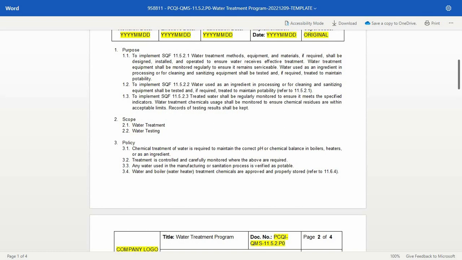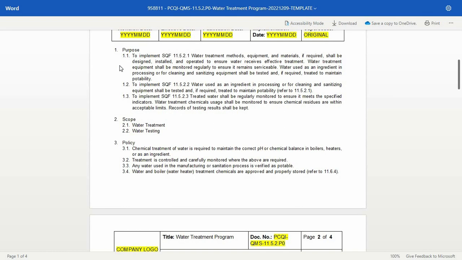First, to implement SQF 11.5.2.1, water treatment methods, equipment, and materials, if required, shall be designed, installed, and operated to ensure water receive effective treatment. Water treatment equipment shall be monitored regularly to ensure it remains serviceable. Water used as an ingredient in processing or for cleaning and sanitizing equipment shall be tested and, if required, treated